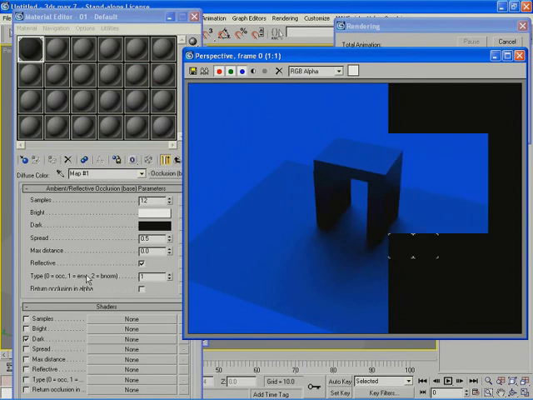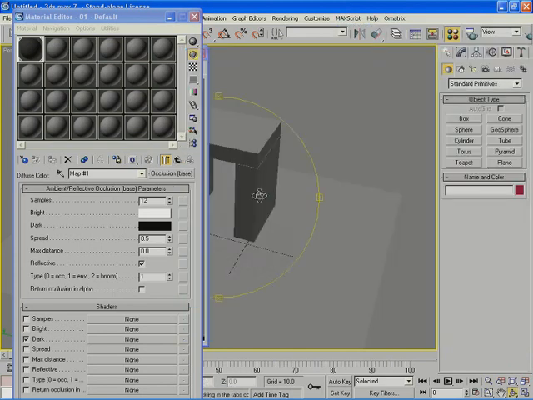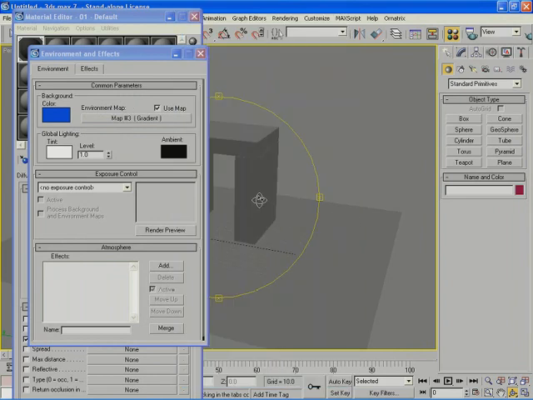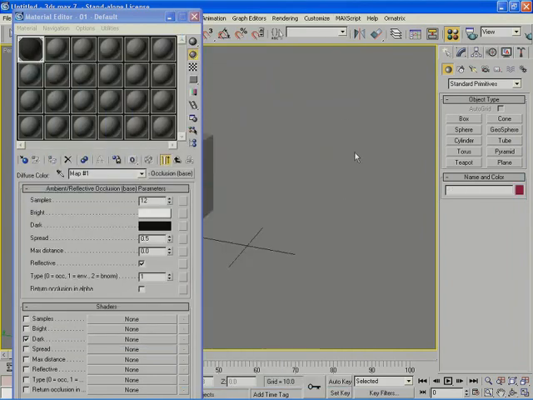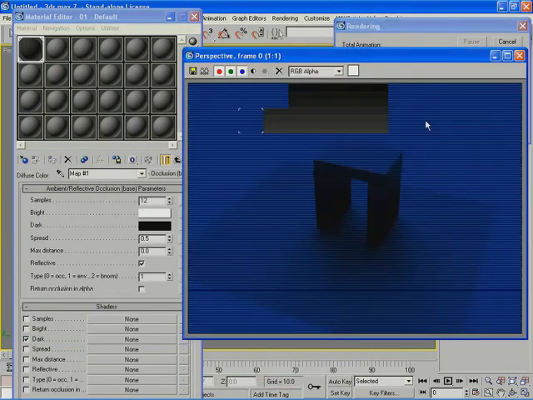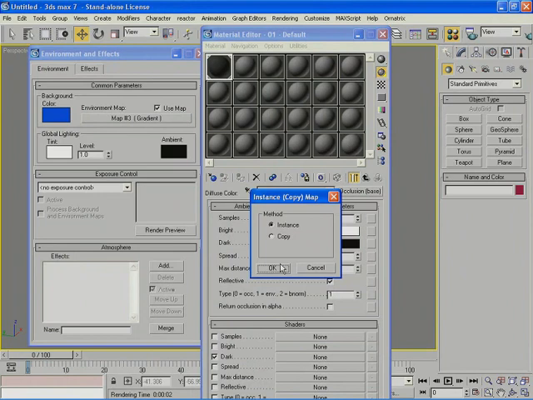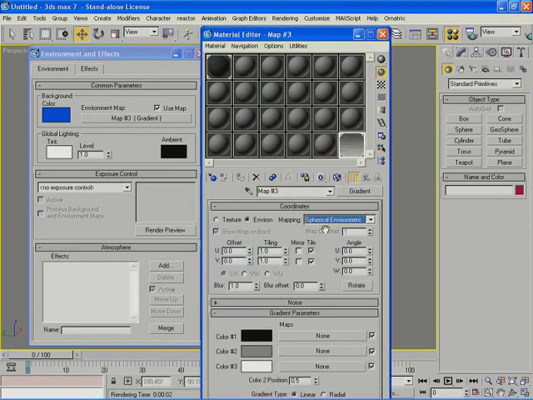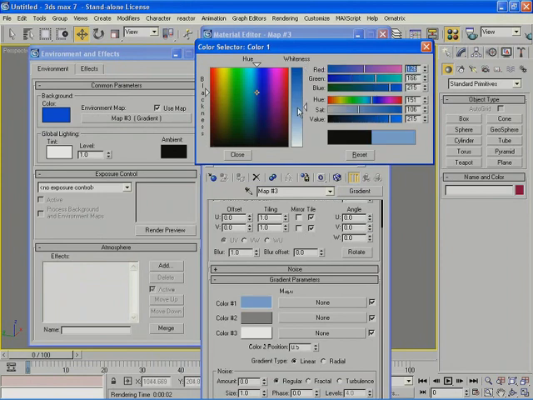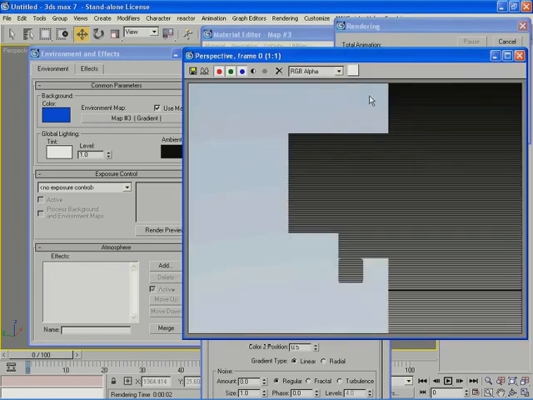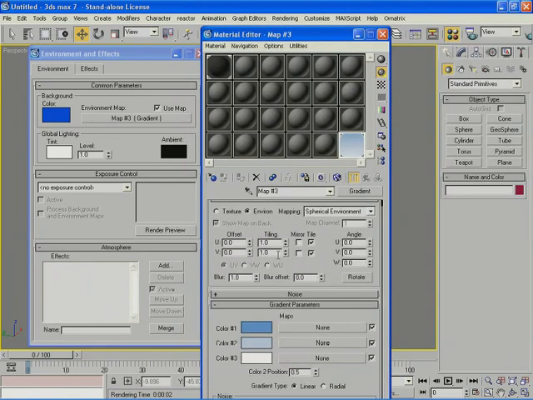So if I go to my environment and create a gradient here, I'm going to hide the objects just to see the kind of gradient that I have. Okay, here I'm going to drag my gradient to my material editor, choose instance, and choose spherical, so that I have a gradient that is mapped onto a giant virtual sphere around my scene. And I would change the colors so that I have something that resembles a sky color. Very fast. And render. Okay, so this is the sky environment that I have. I can go and set the tiling in the V direction to 2 so that I get more bluish coloring here. So if I change the view here,